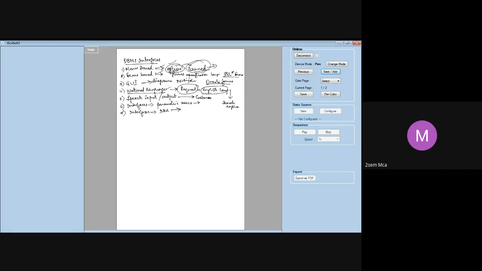The last one is the interface for a DBA. The DBA is the one who has all the privileged commands, all the commands that others don't have. So he should have an interface such that he can include commands for creating accounts, deleting accounts, granting authorization, changing the schema, or reorganizing the storage structure. All this work is done by the DBA, for which he has to be provided with a special kind of interface.